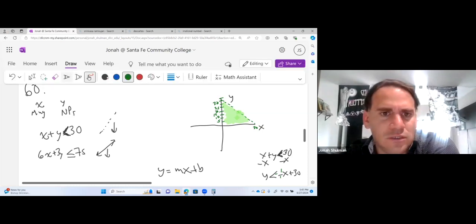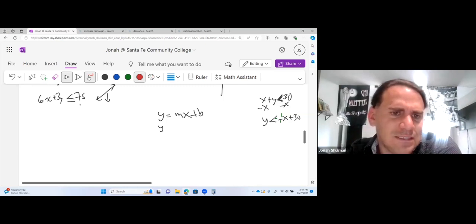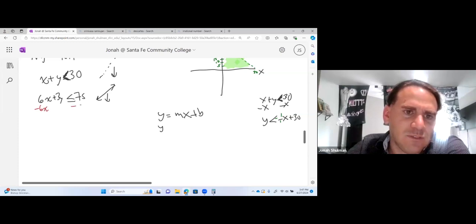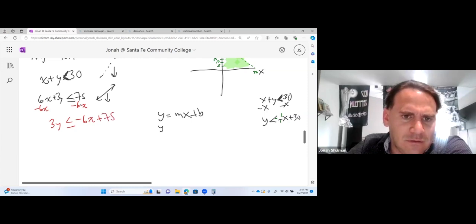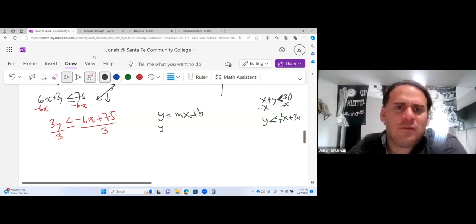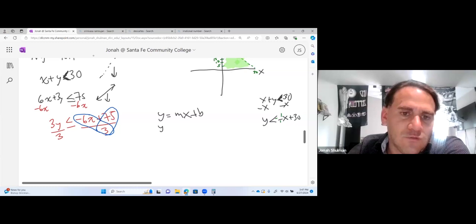All right, let's do the next one. I'll do the next one in red. So here's your other equation: 6x plus 3y is less than or equal to 75. I have to get the y over, so I have to subtract 6x from both sides. So that's 3y is less than or equal to negative 6x plus 75. And the only time this flips is if we multiply or divide by a negative. Now I have to divide this whole thing by 3. When I'm dividing this whole thing by 3, this means this has to be divided by 3, and this has to be divided by 3. I call this the lotus flower. See, it kind of looks like a lotus flower.